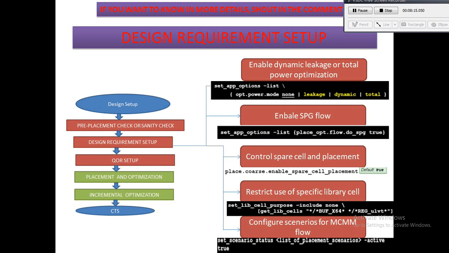Then the next design setup is restricting library cell usage. Sometimes the designer may want to restrict the use of specific cells during CTS or timing optimization. For example, for crosstalk or for EM, we don't expect drivers having big drive strength. And for leakage power also, we don't expect high leakage cells from ULVT libraries. So these kinds of things we take care of in this design setup.